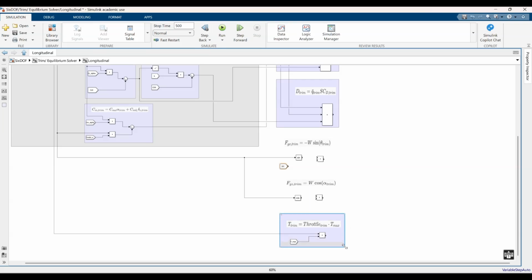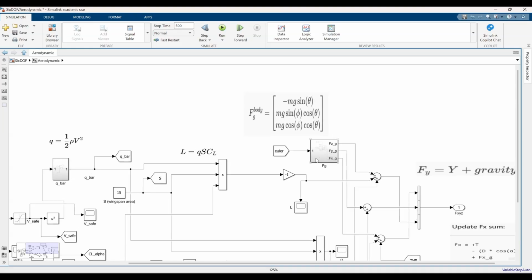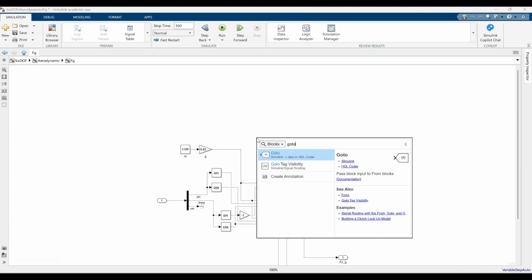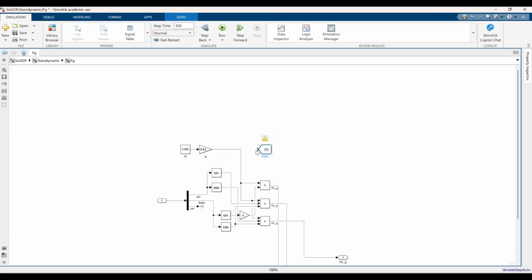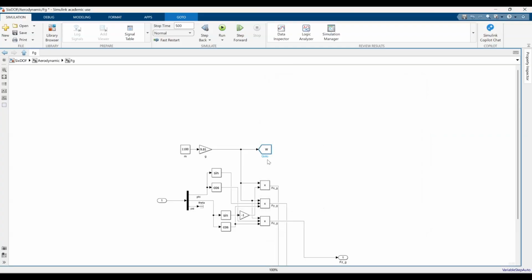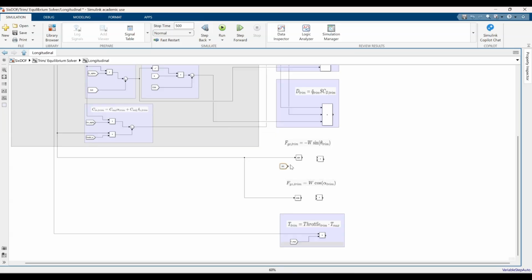And now let's go fetch weight. So it's in the aerodynamic block set up top here. FG subsystem has the weight over here. So we'll do a go to block and we will capture the weight. Double click, call it W, tag visibility global. There goes that. Let's backtrack to the equilibrium solver, and there is weight, sine of trim,